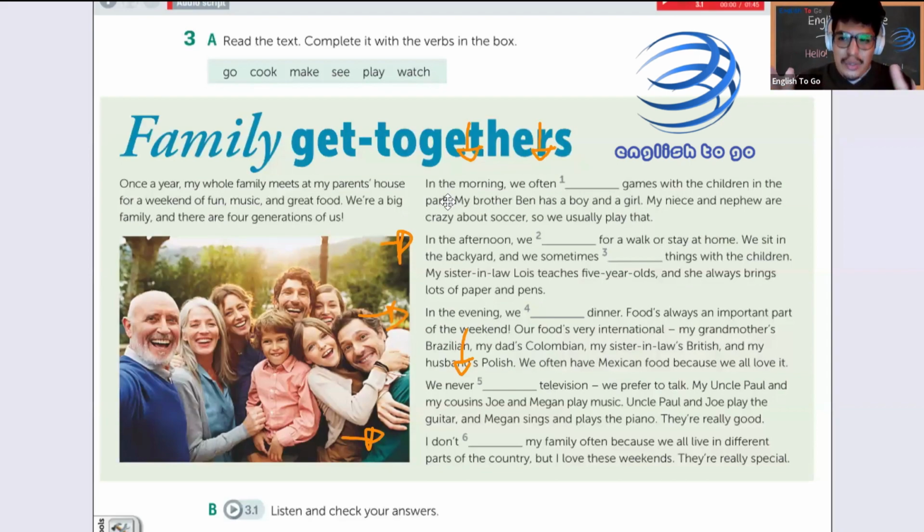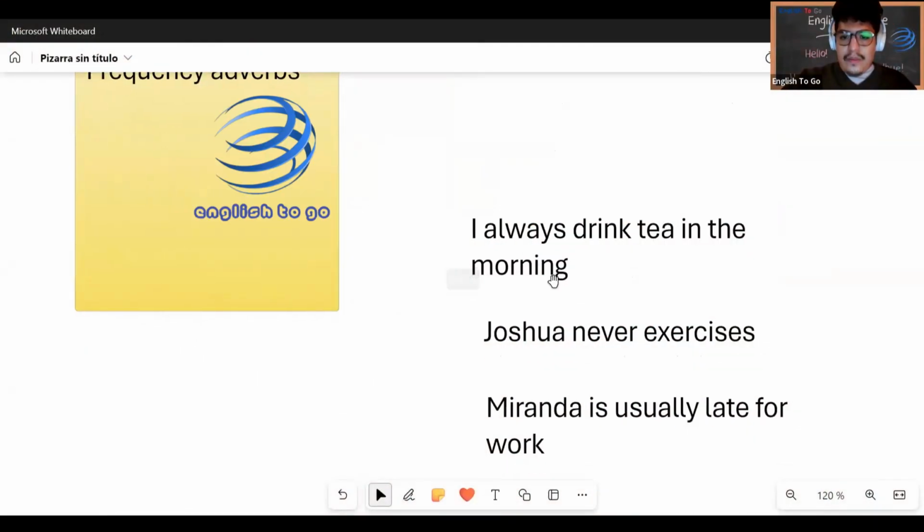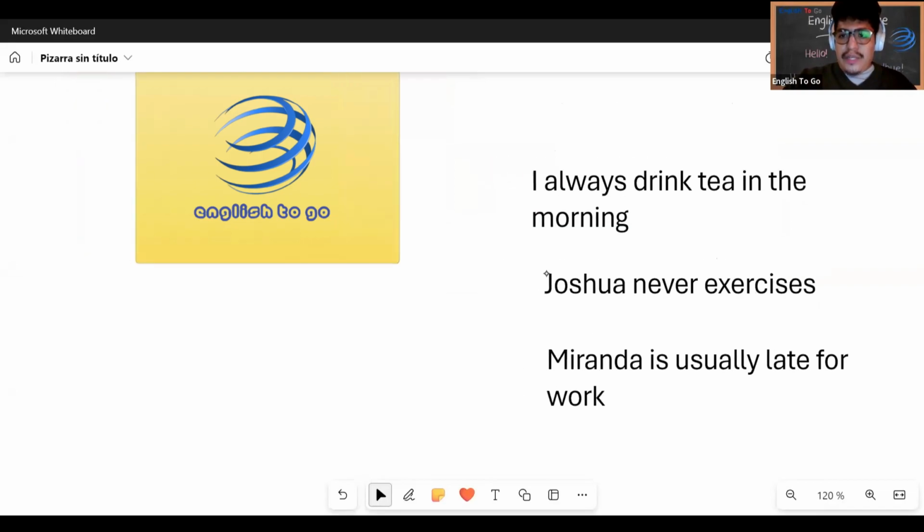But the truth is that sometimes, maybe, especially often is a frequency adverb that you can use, wonderful, not in this order. It means subject, frequency adverb, and complement. Well, in this case, we have a verb. Sometimes, for example, often can be placed by the end of the sentence. It means Joshua